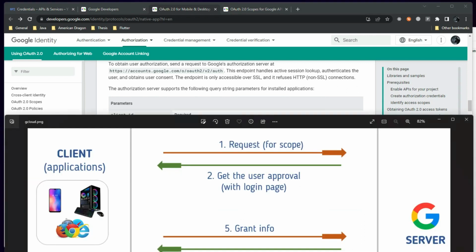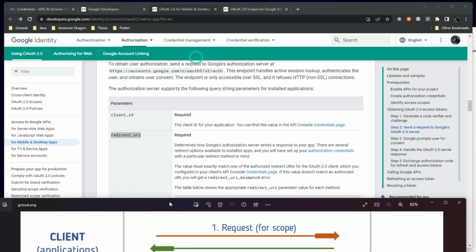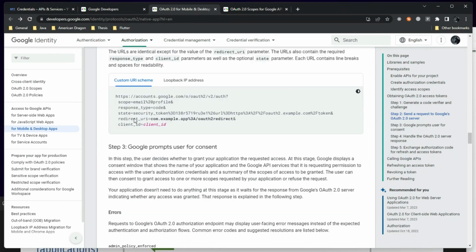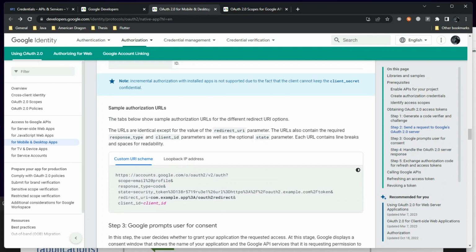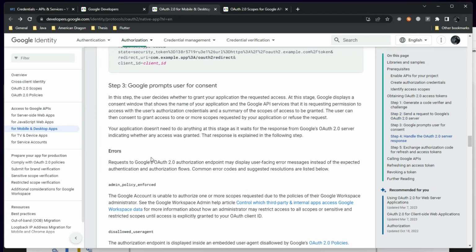You need to take that. So this is something like this. The grant info is what you will be receiving at your redirect URL. And after that, the next step is you need to again send this grant info to the server for exchanging it as an access token. So basically we have one URL which is the request URL, and we need one more URL which is the grant info URL, which is nothing but